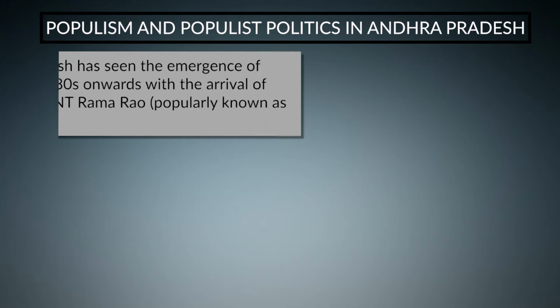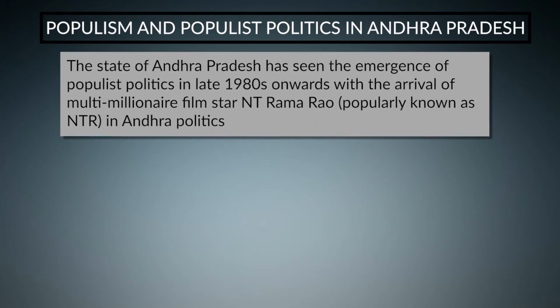Then the distribution of laptops and the baby cradle program in order to engage with the women. So likewise, we see different kinds of populist politics in both Tamil Nadu and Andhra Pradesh. In Andhra Pradesh also, we see a different kind of populism, a mixture of cinema and politics, along with popular welfare schemes: the distribution of 2 kilo rice, and different medical and health initiatives. All those schemes really played an important role.